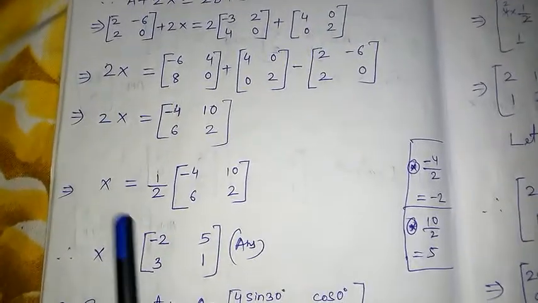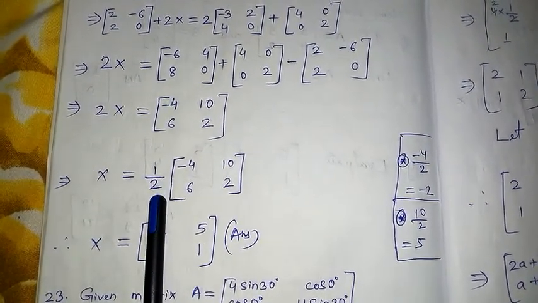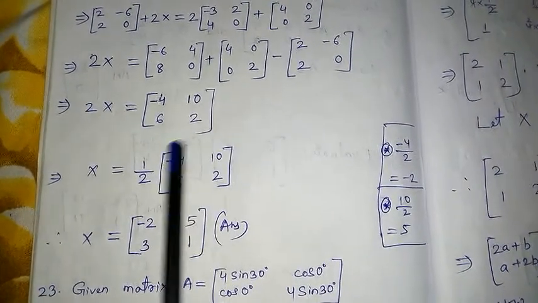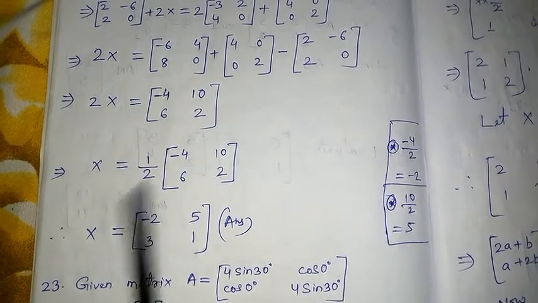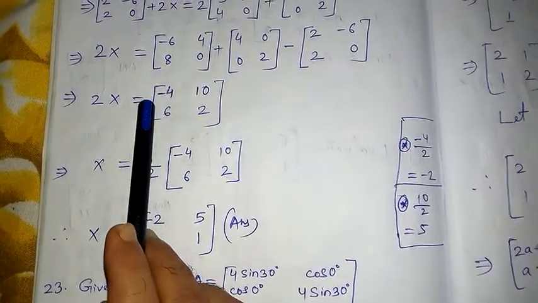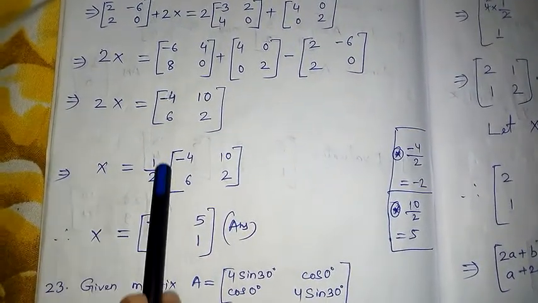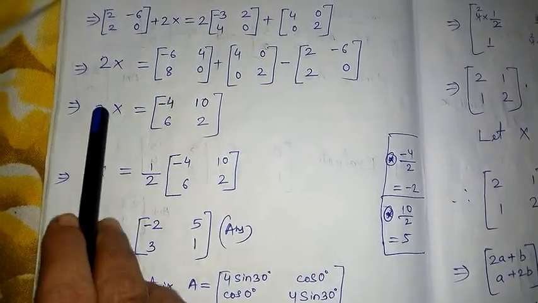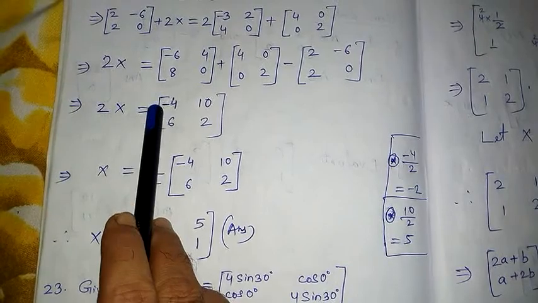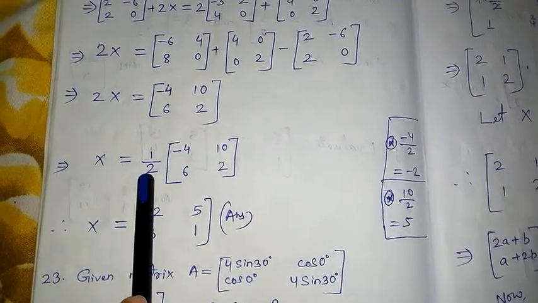Now as we need to find the value of X, this 2, as multiplication changes side and becomes divide here, but this is a number and this is a matrix, so you cannot put a division sign here. Instead, outside this matrix there is a positive as well as 1, nothing is visible, that means there is 1. So this 2 will come and divide with 1. This 2 came and divided with 1, because 1 is not visible, but there is 1 here. But in the next step, this 2 will divide with everything.